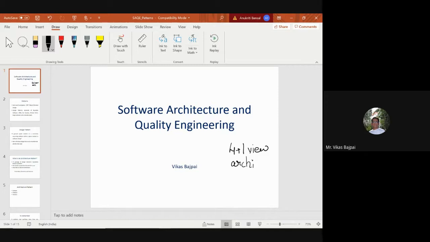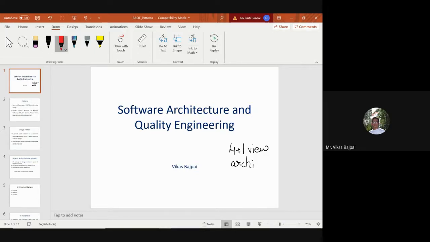For that sake, we had your logical view, where we saw there was a logical decomposition of the architecture. Then we went for a process view, we went for the physical view and the deployment view, and then the development, right? Physical and deployment. And then the last one was plus one view, that was your traditional data flow diagrams, which were the same things which you have already covered in your software engineering course.